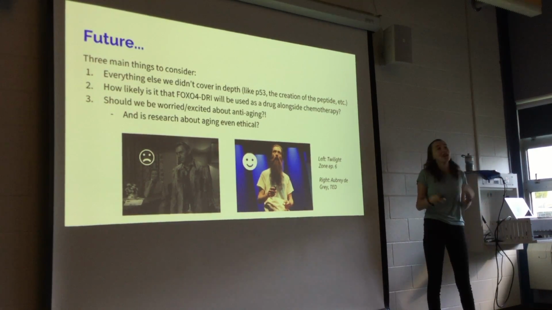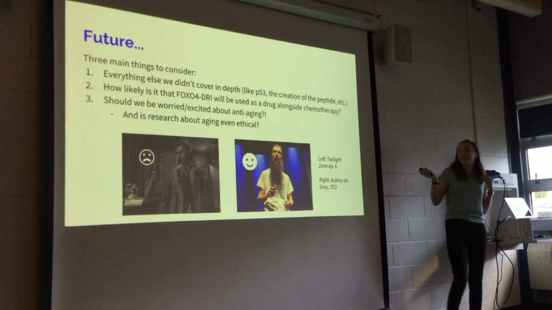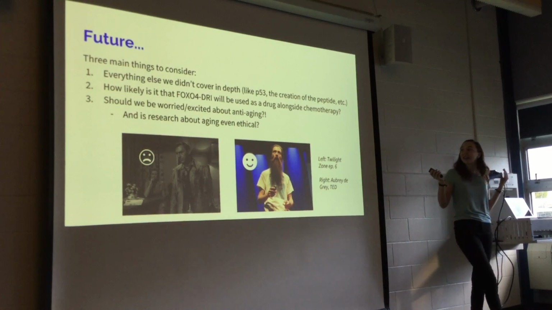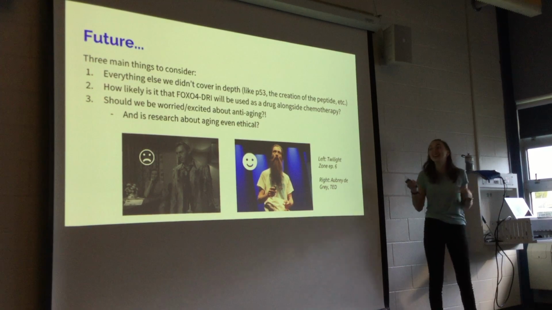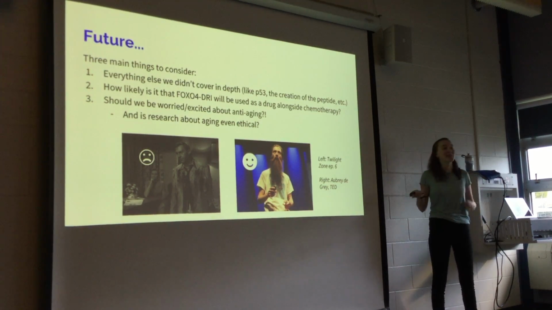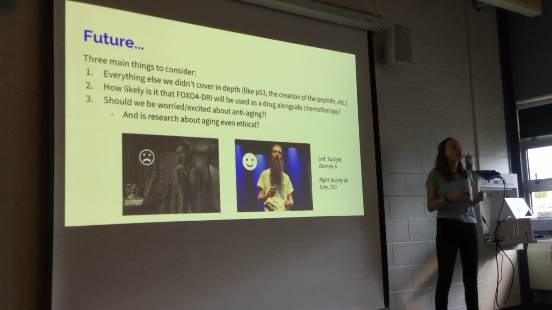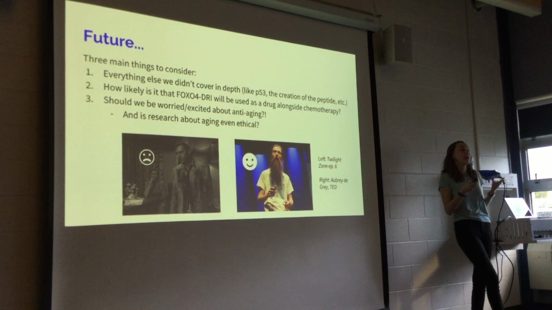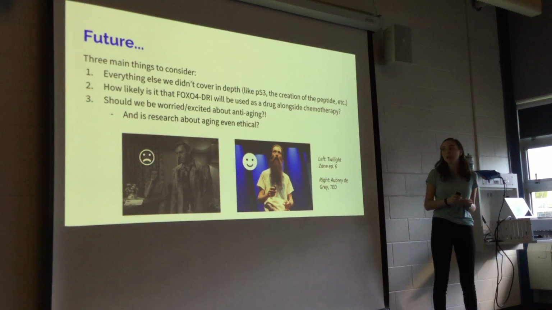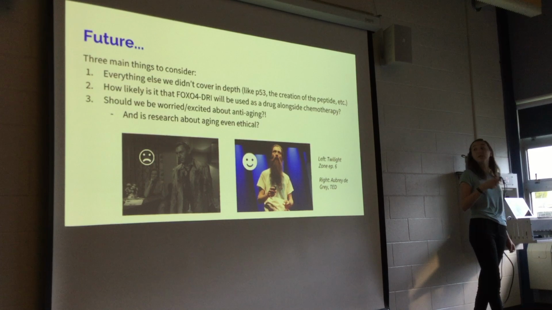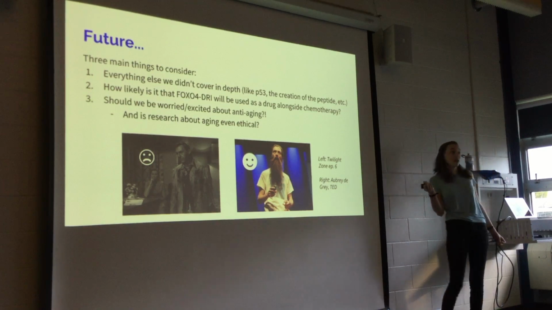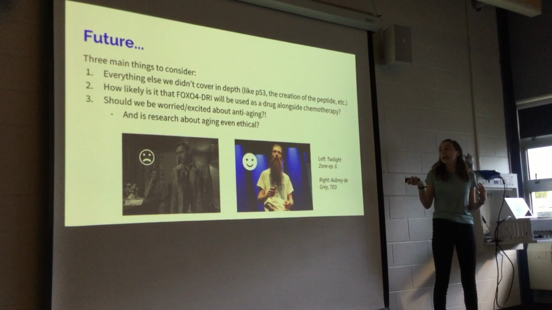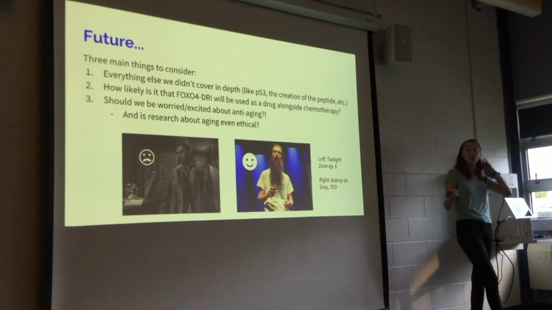And then lastly, what I was thinking a lot during this presentation is, oh my gosh, what does this mean? Are we all going to never age ever again? Probably not. This research was mainly focused on figuring out the basics of senescent cells and whether we could even kill them off in the first place. But I do think it's important to think about these questions, since you saw that some of the effects of aging are decreasing, and senescence is a main part of the aging process.